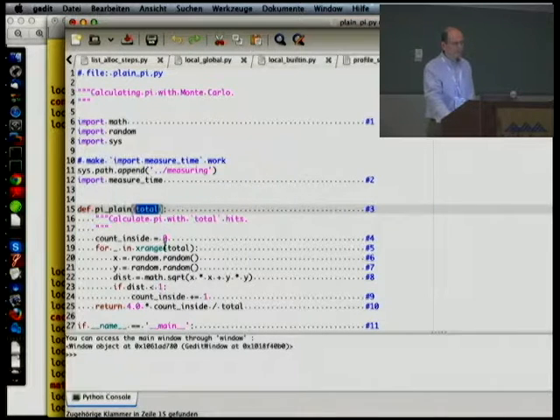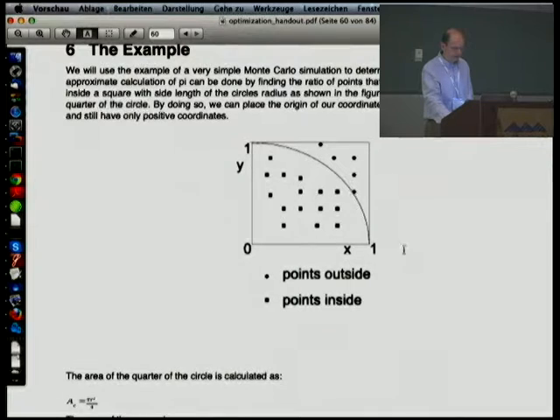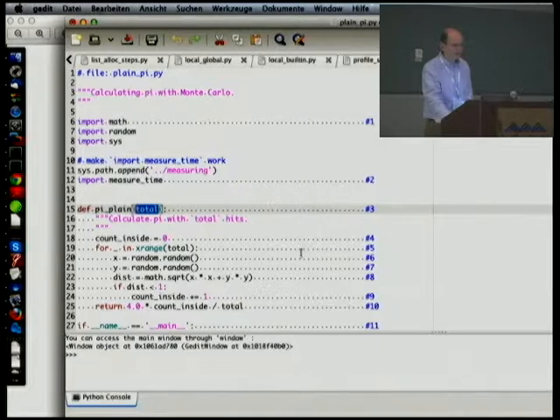Yeah, and then we start with a count inside of 0, and then we just go through all our totals, and we just calculate x and y. Yeah, x and y are these positions here. If you look at this graph, this is x somewhere between 0 and 1, and this is y somewhere between 0 and 1. Randomly, we use Python's built-in random module, and then we use just Pythagoras, so the